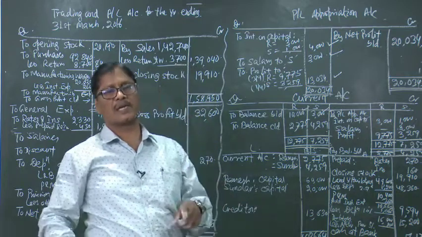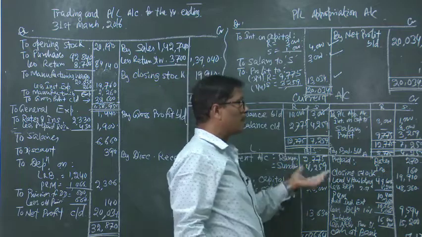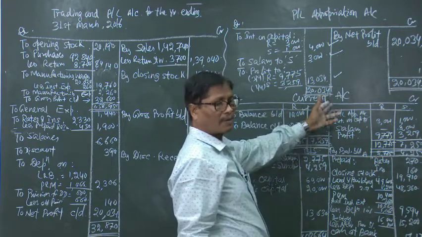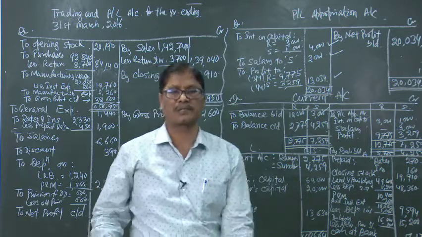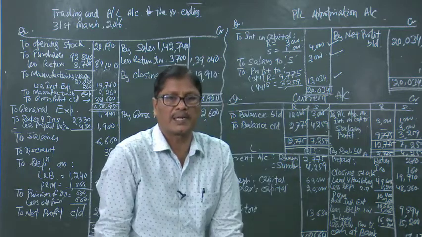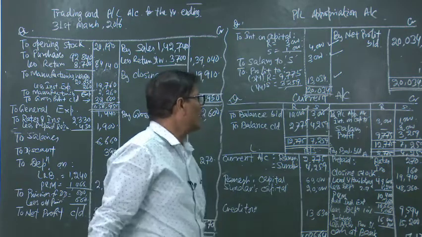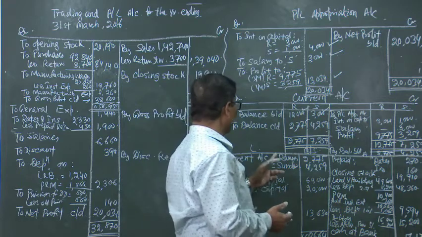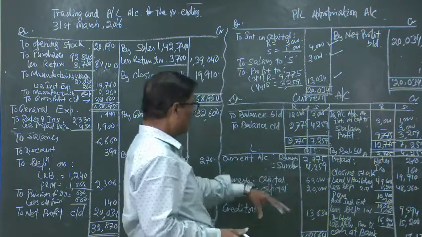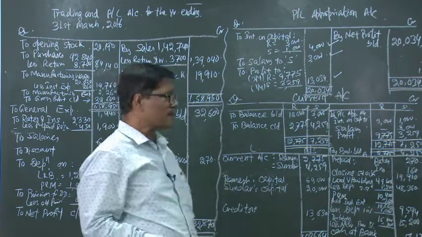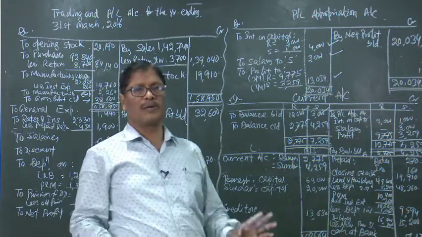Whenever there is a fixed capital system, along with the capital accounts, another additional account will have to be opened, that is the current account. In the current account, all the changes, all the fluctuations, all the incomes and expenses, etc., are credited or debited, and ultimately we will have 4 balances, that is 2 for the current accounts and 2 for the capital accounts. In this way the total will be given, and in the balance sheet simply we have to add both the sides, and most probably we will be getting the correct answer.